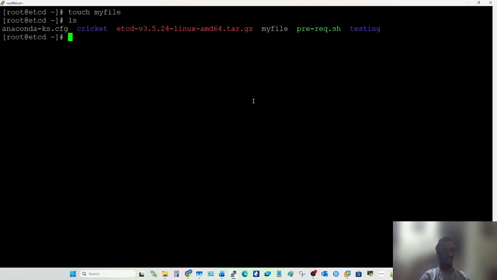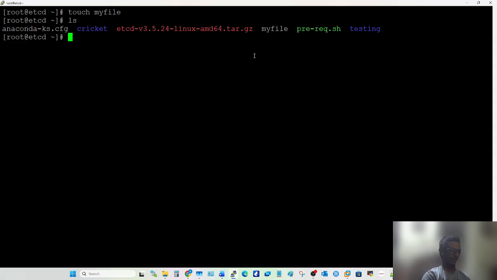Now the fourth command is touch. The touch command will create a blank file. Touch my file. I will give the file the name my file. I'm not giving any extension like txt or doc or pdf. We can give it, but see over here that my file is created. This is not a txt file, not a doc file, not a pdf file, but you can make this file a pdf, a txt, or a doc file.